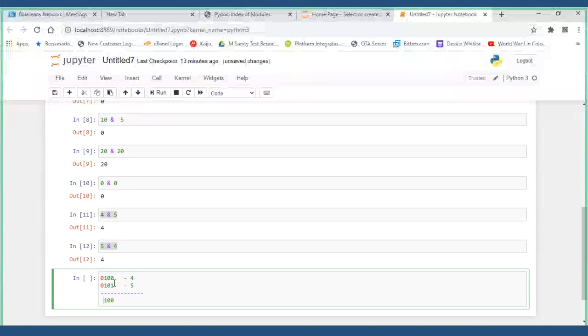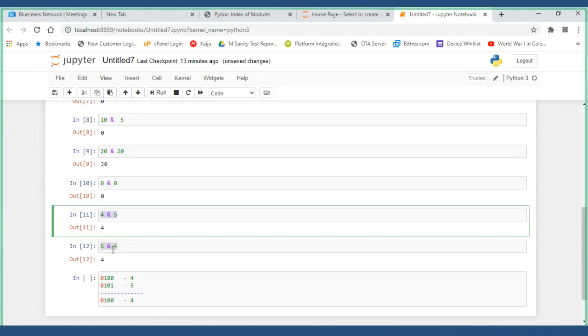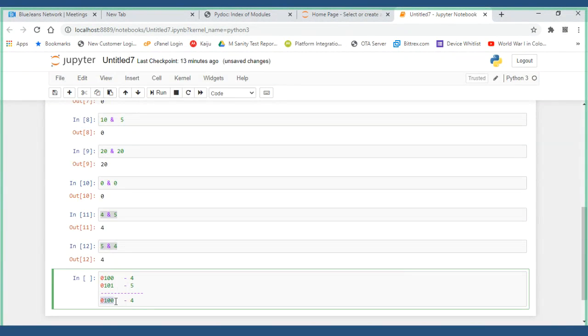Next, 0 and 0 is also 0. Now it should be clear for you guys. We have got the result as 4 again. That is the reason why 4 and 5 or 5 and 4, whichever you do, you will get 4 only.